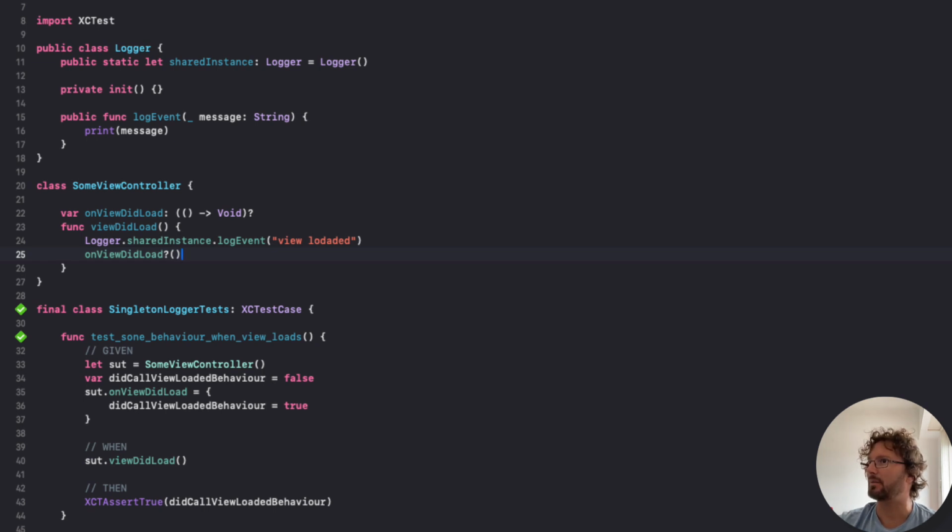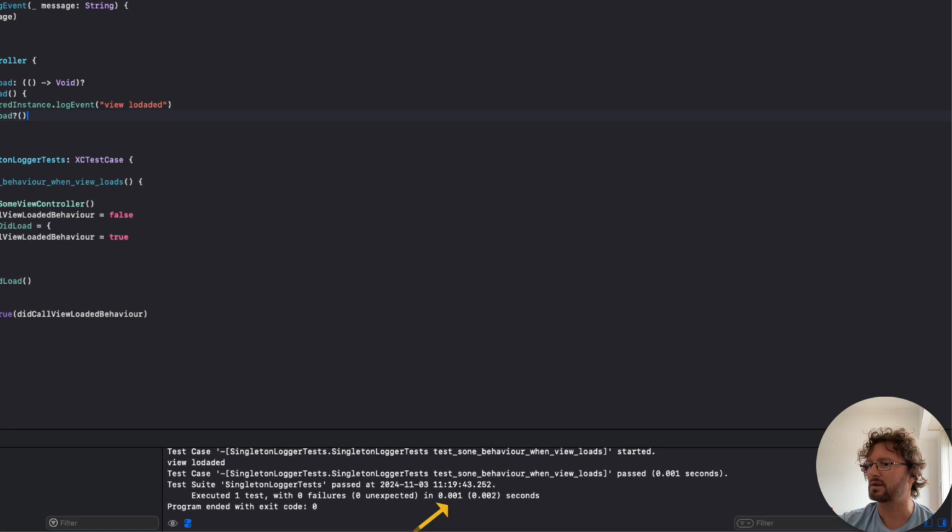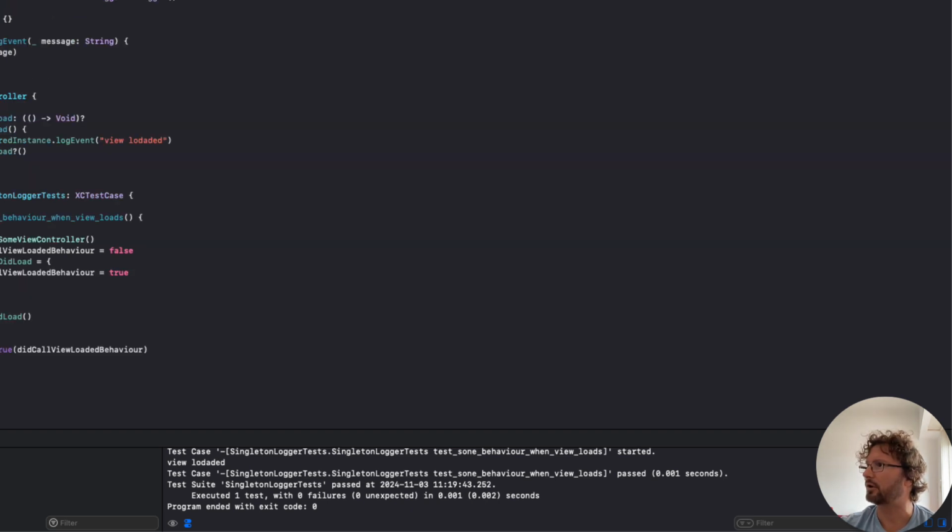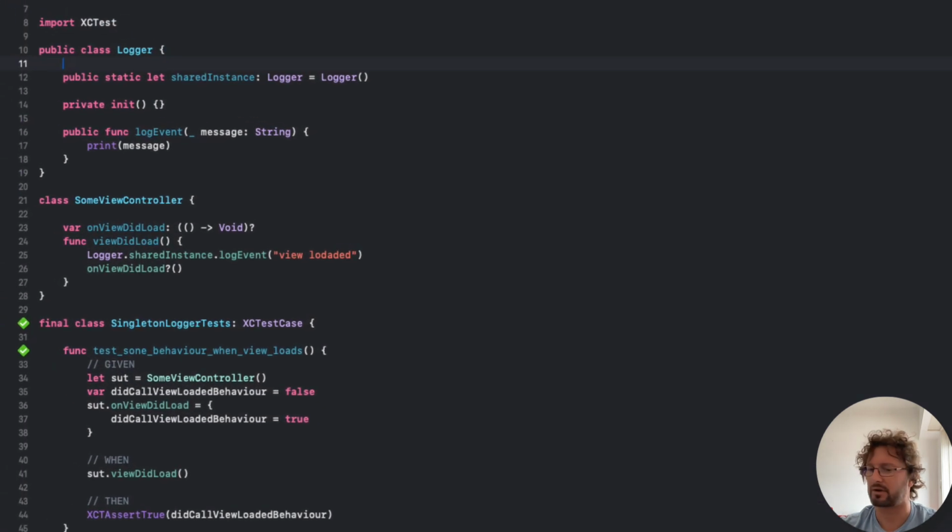But imagine if our logger implemented, let's say, Firebase, and Firebase in their logging event would make a request to their backend, that would really give an overhead in time to our test. As you can see, our test only lasted 1 millisecond. But if we had a logging event to Firebase, our request would take 50 milliseconds. The other problem is that we would be logging events every time we run our tests, which is not what we want. There are things we can do to avoid logging real events, like for example,